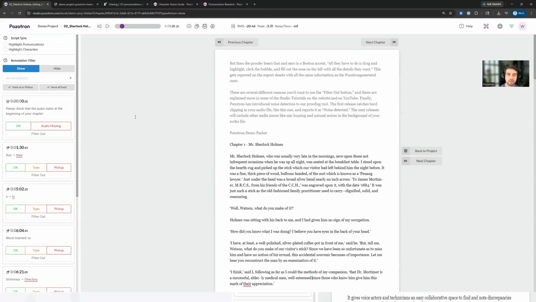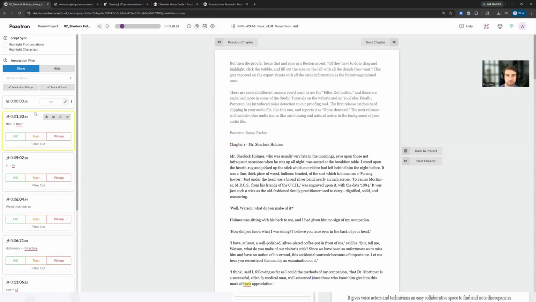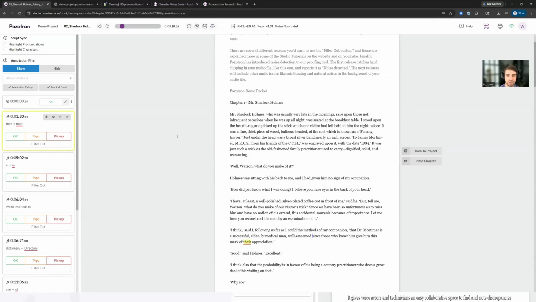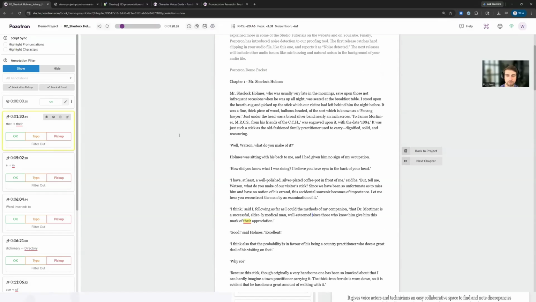But what this allows me to do is if I click the top annotation on the list here, you'll see it's got this yellow border and it's been selected. If I press A to mark it as okay, you see it marked it as okay and it instantly selected the next one in the list. So if I hit the spacebar to listen to the audio,